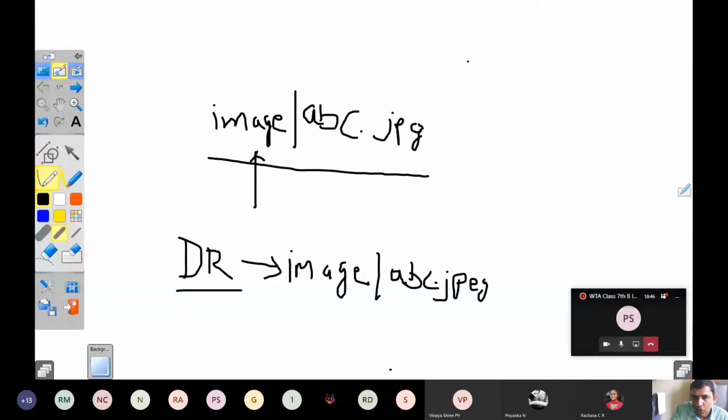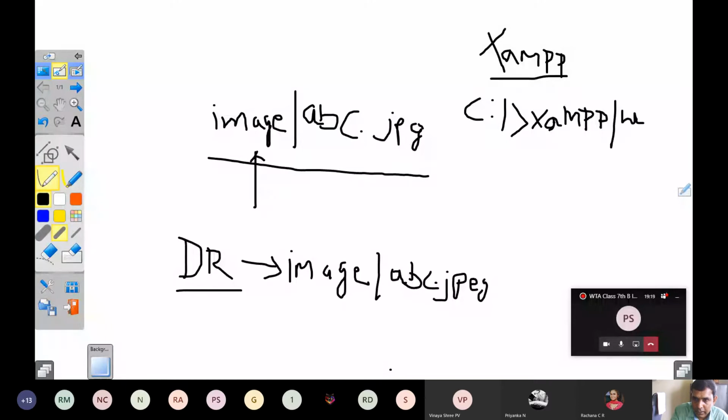For example, if you are using XAMPP on Windows and you have installed it on the C drive, then usually it will be C:/xampp/htdocs. So htdocs is the directory, and this is the document root for XAMPP on Windows.